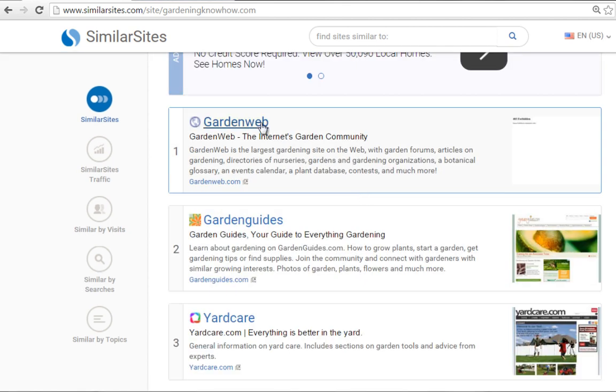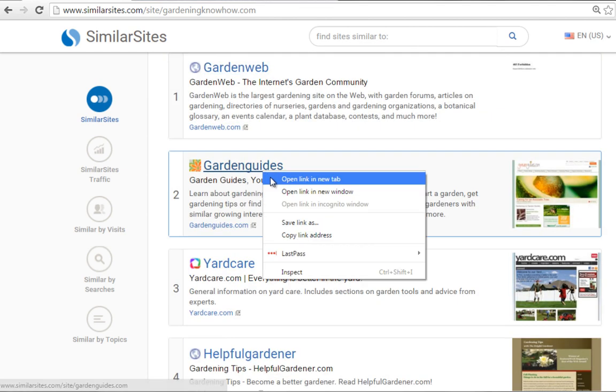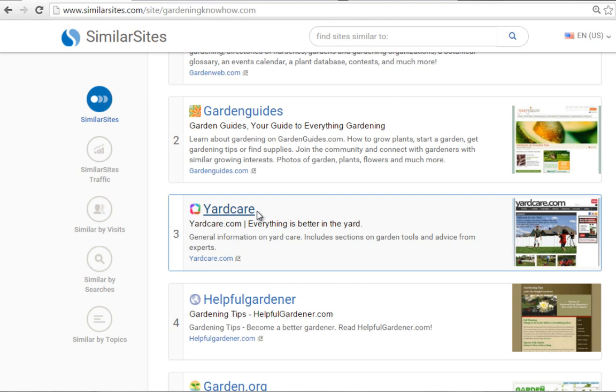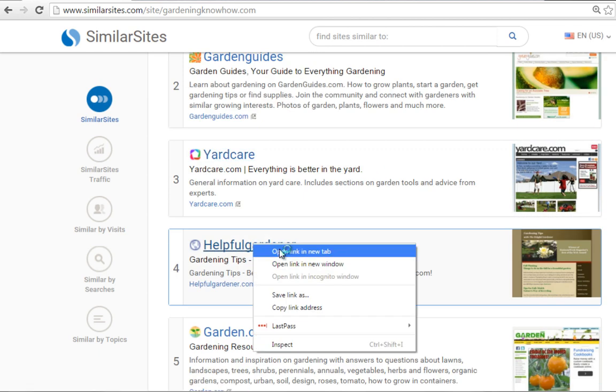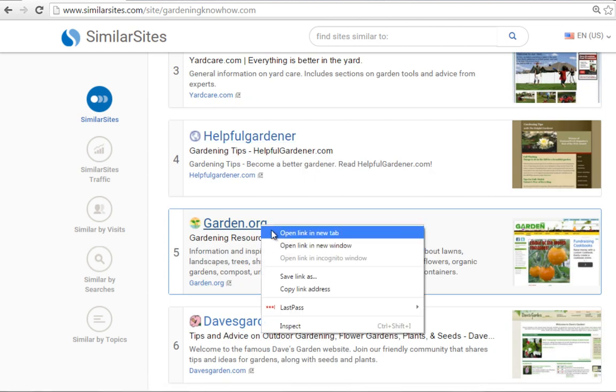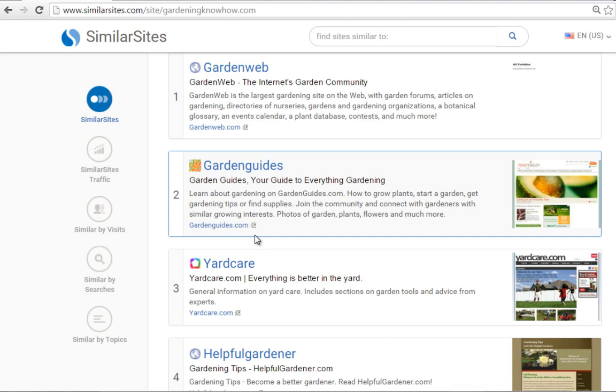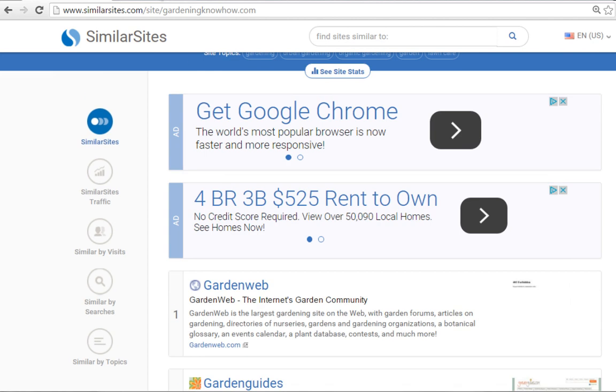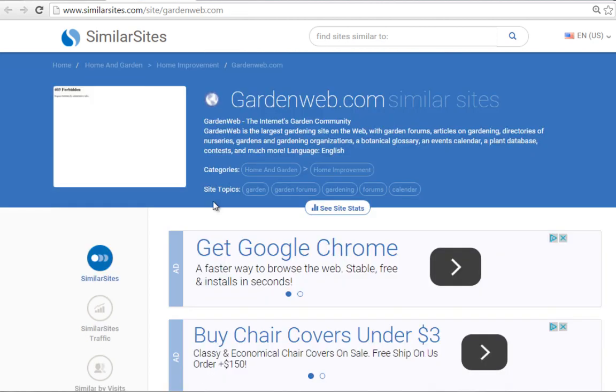And then you see Garden Web. So I'm going to open that in a new link. Garden guides, we have yard care, we have helpful gardener, and garden.org. So I'm going to open the top 5 and just take a look. So we have gardenweb.com,